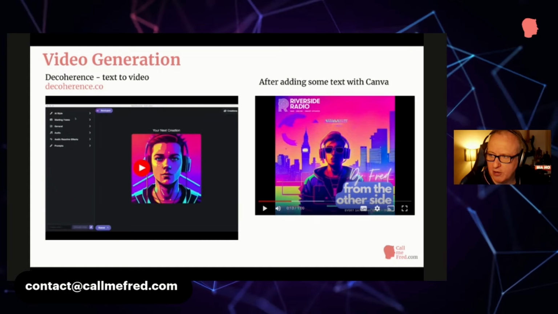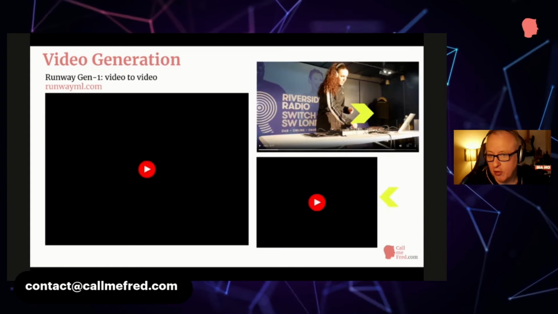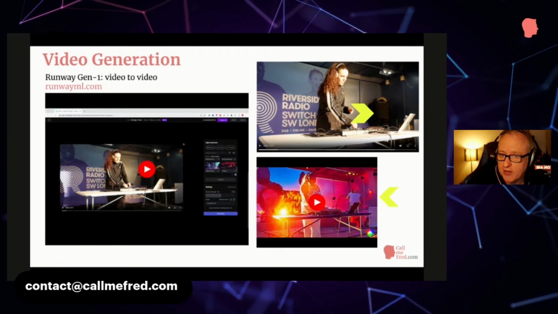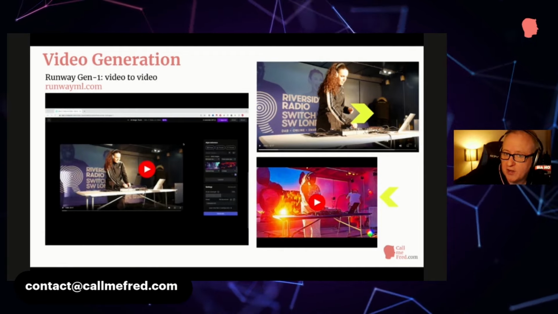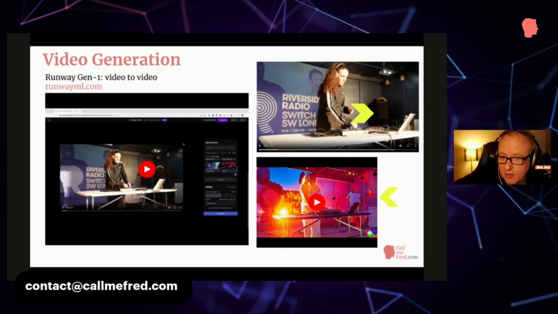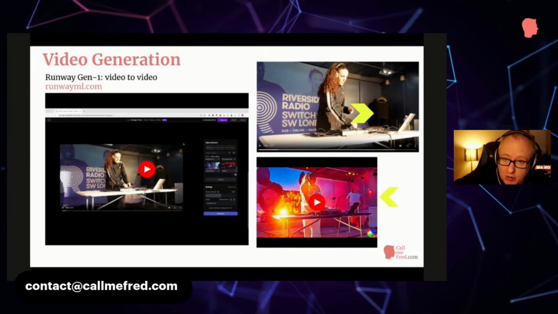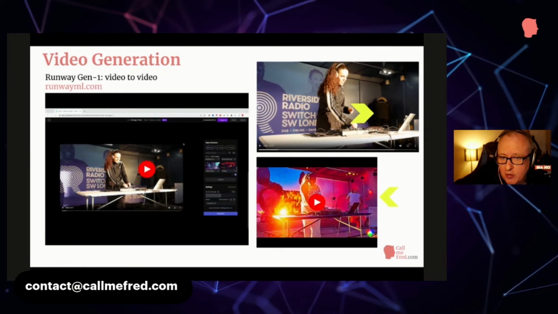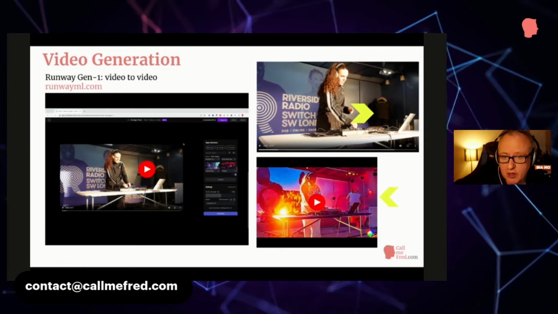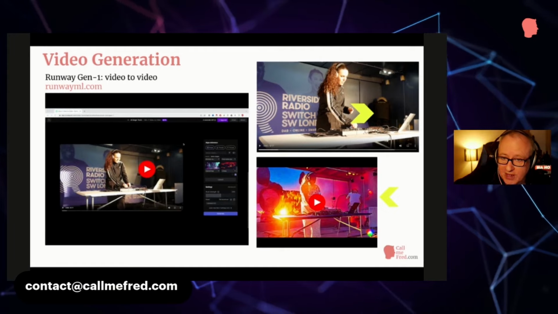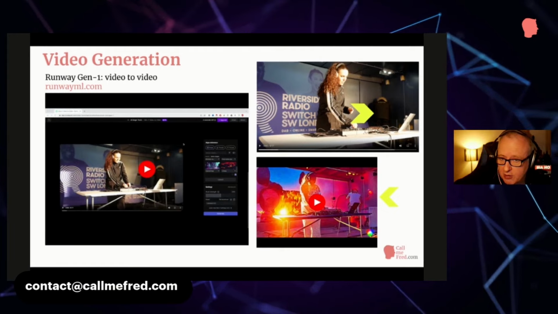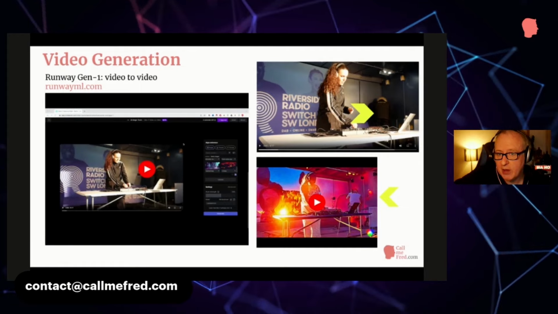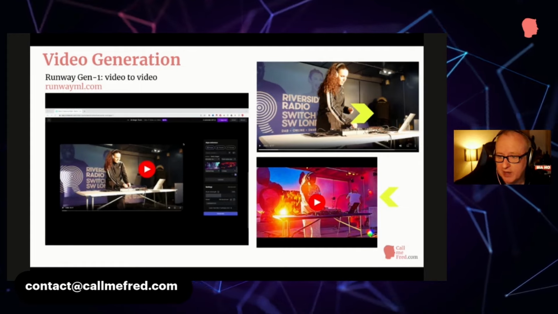That's it, on decoherence.co. Runway is probably the most visible company in the AI-assisted video editing space. They have released the beta of Gen 1, a video-to-video application. You start with a normal video. Then you apply a style reference, either from an image or a style preset or a text prompt even, and you hit generate. And my first test was restyled from a cyberpunk reference image,